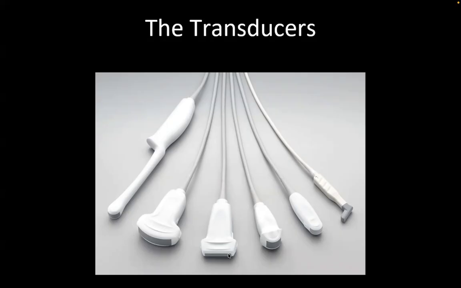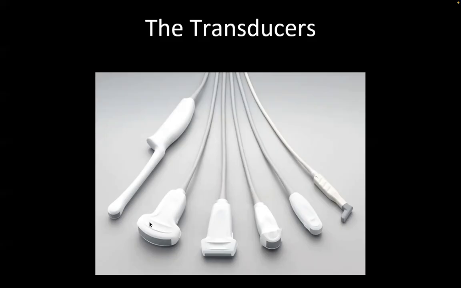This is a linear probe, and this is good for MSK scans. This is good for soft tissue scans because of its high resolution. It's a high frequency probe. It has high resolution. Just as there's high resolution in an HD TV, this provides the best resolution for your muscle, tendons, and soft tissue. However, because of its high frequency, it doesn't go down in depth as much. This really goes to a max of 6 centimeters only,